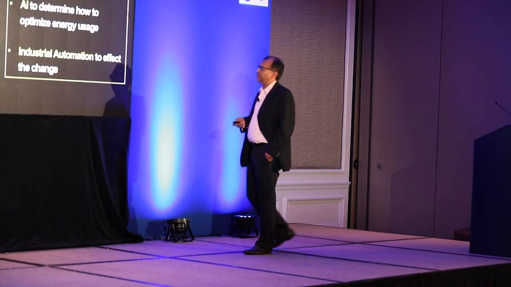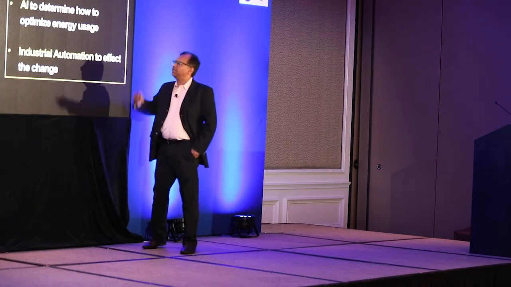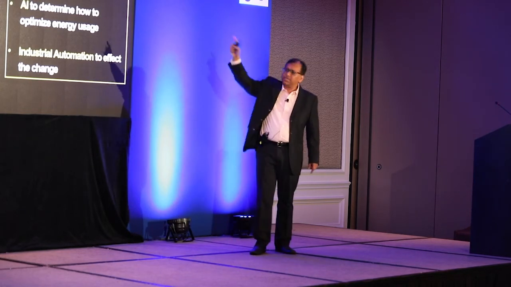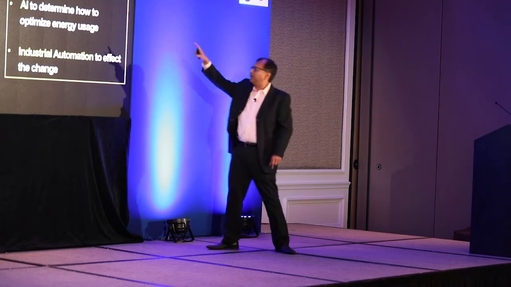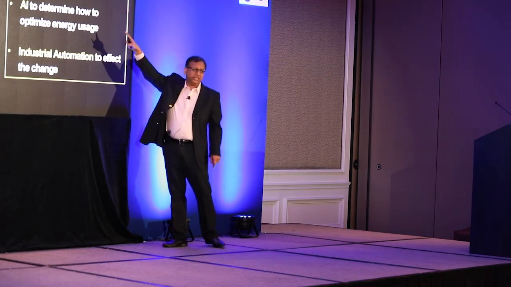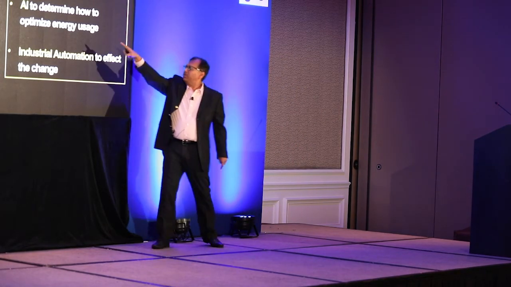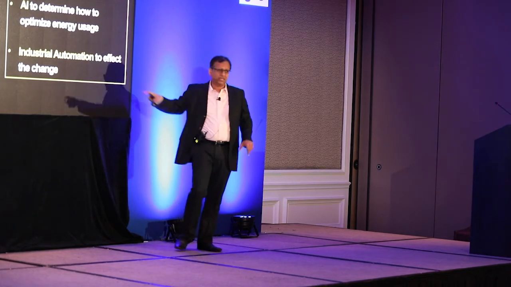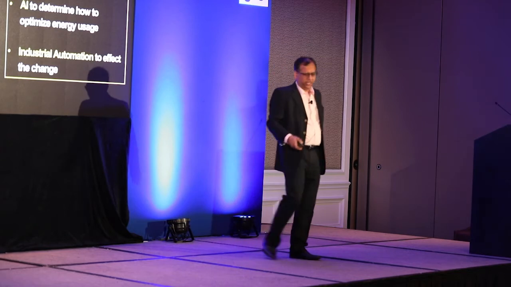Minimizing waste of energy. To minimize energy waste, first of all, you have to understand how much energy is being consumed. IoT plays in there. Then you have to analyze to find out where you are losing energy and how much. Then you use AI to optimize energy usage. And then you need industrial automation to effect that change. So here,